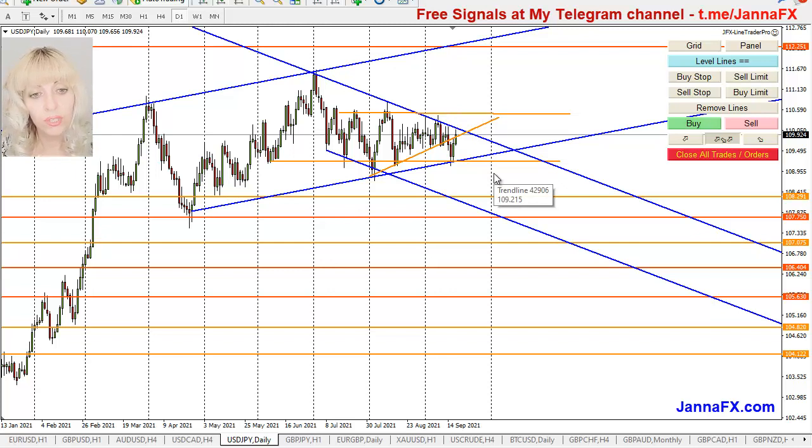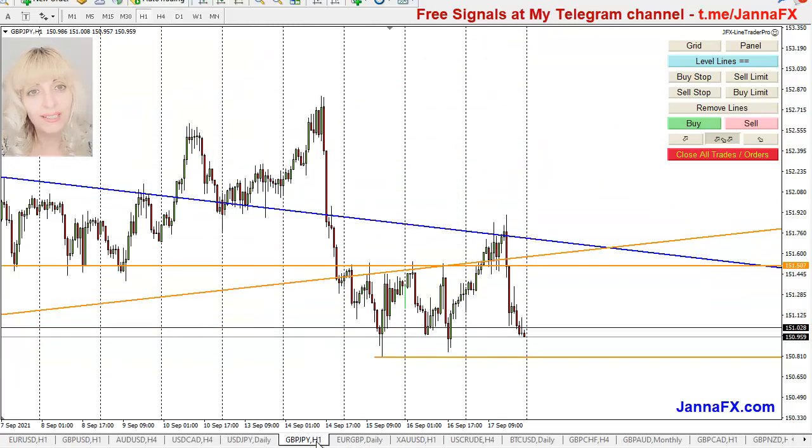Like I'm saying, usually it's easier to control with the EA, and jumping in and out manually is quite harder, because sometimes it just jumps and you're not in time to jump out, and it's already against you. So yeah, those are the warnings with the dollar yen, but hopefully this news will finally move the pair in another direction. If not, it's going to sit in here again. It can sit, nobody knows when it's going to have that move and which news is going to move it. There's a lot on this side and a lot on the other side, so I don't know if anybody can tell you exactly what's going to happen.